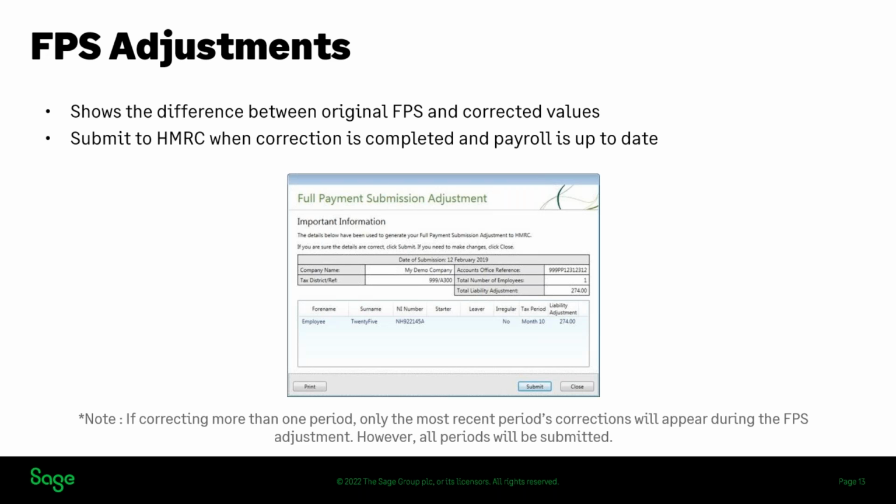When it comes to FPS adjustments, you need to submit this when your correction is completed. So you submit your FPS adjustment to HMRC when your correction is completed and your payroll is back up to date. I mentioned after we did June that you would then go ahead and not do the FPS adjustment. You need to complete all of your corrections before you do this. So that last updated date and last FPS date are key when it comes to this. So once your last updated date matches the last FPS date, you know you're ready to go ahead and send your FPS